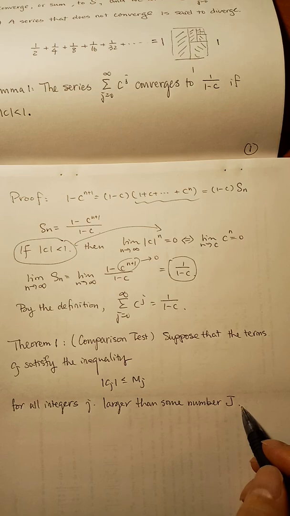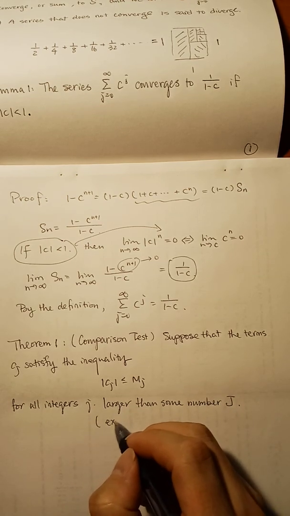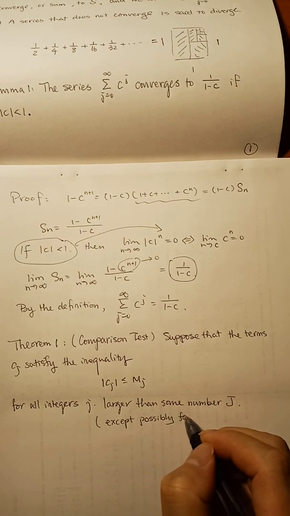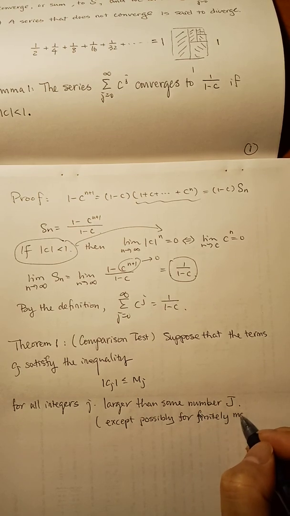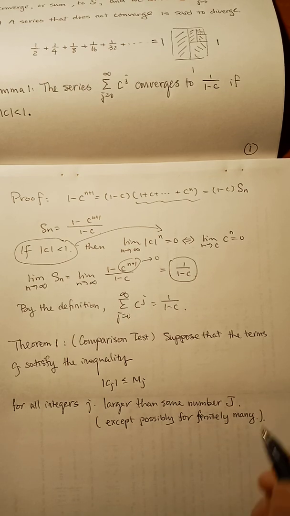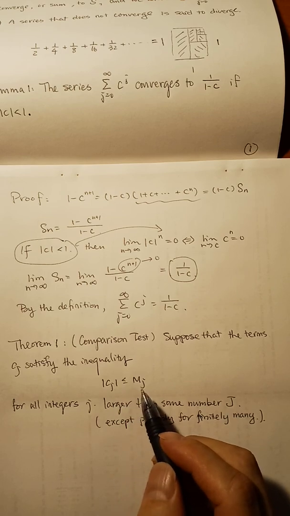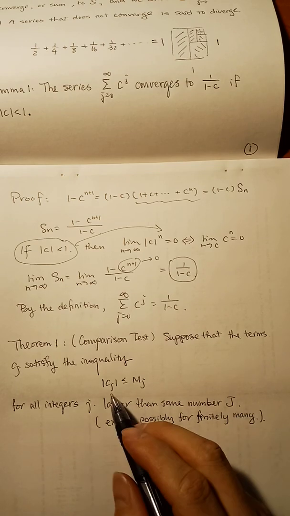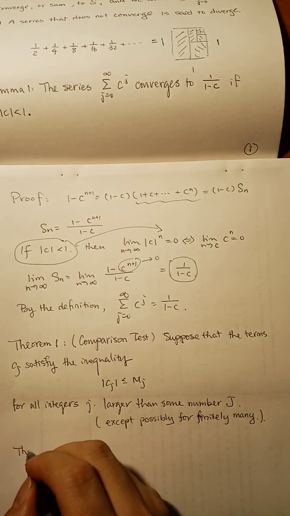Maybe this inequality does not hold for C0, C2, C11, C million. Except for those finitely many exceptions, this inequality always holds. That's equivalent to this statement. Okay, then